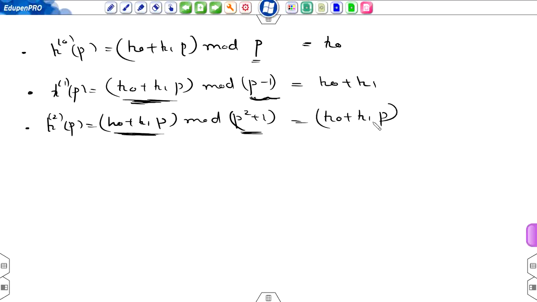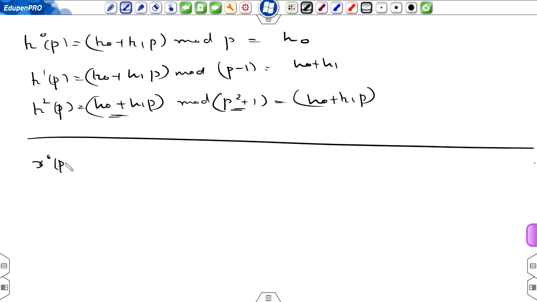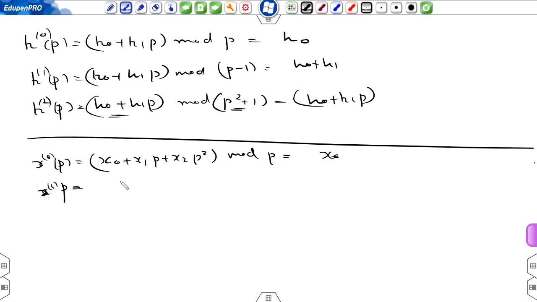Now calculating x of 0p, so that is x0 plus x1p plus x2p square mod p, and putting p equal to 0 in this polynomial, x is x0. x1 of p is equal to x0 plus x1p plus x2p square mod p minus 1. Put p equal to 1 in this polynomial,